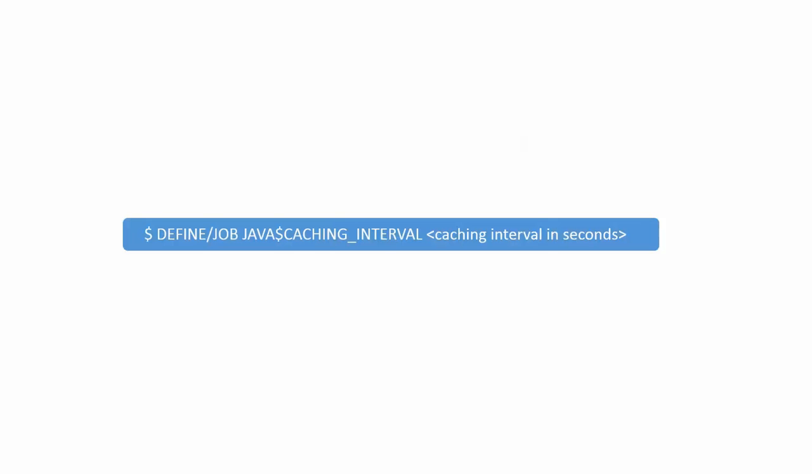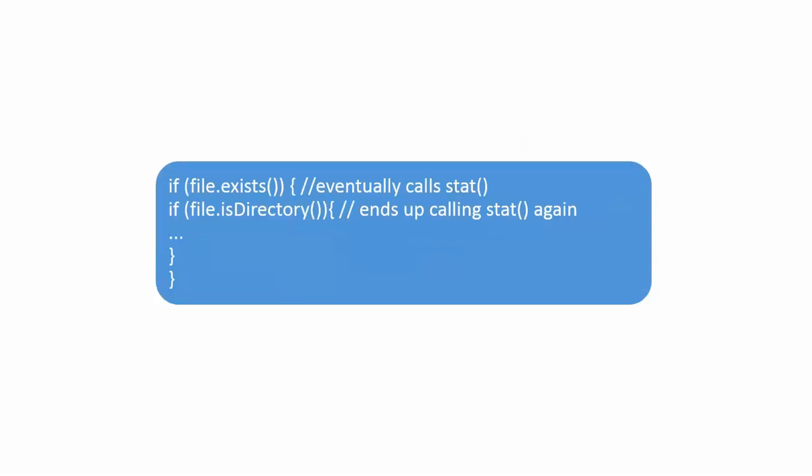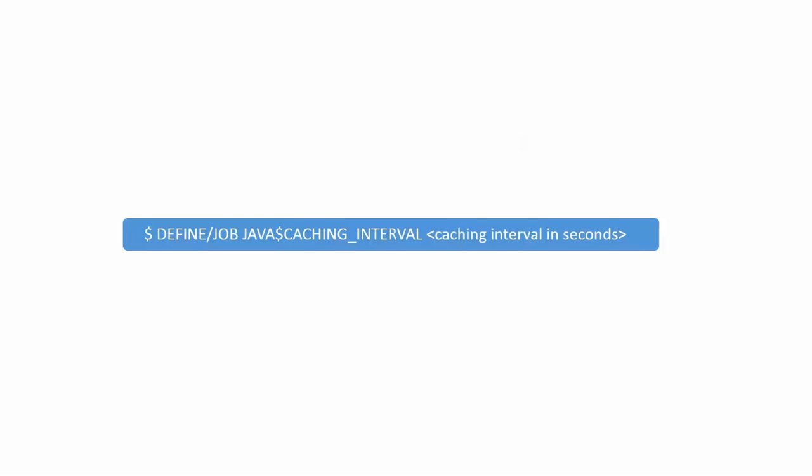So when you define this logical for the above code sequence, for the second call, file.isDirectory, the data is taken from the cache, and stat is not called again for this. Now, after defining this logical, the data in this cache is invalidated either after the caching interval expires, or the current application does some explicit action which causes the data in the cache to be considered invalid, such as the monitored file being opened for something other than read,